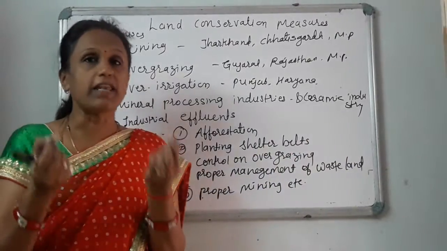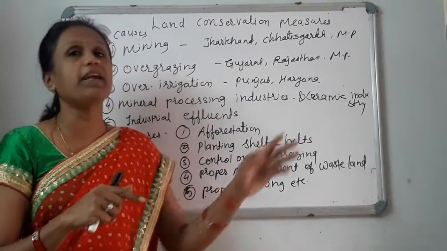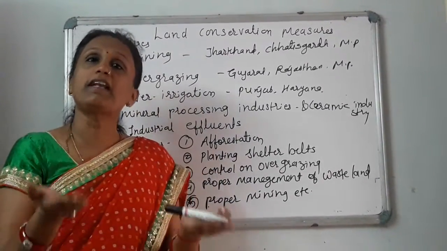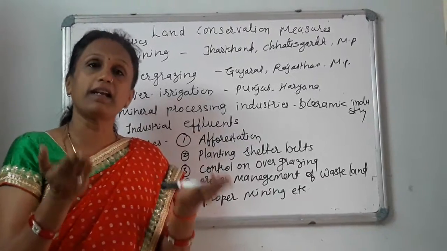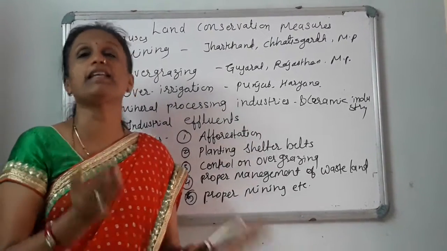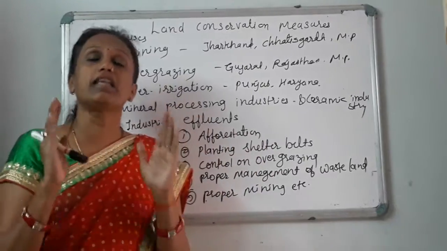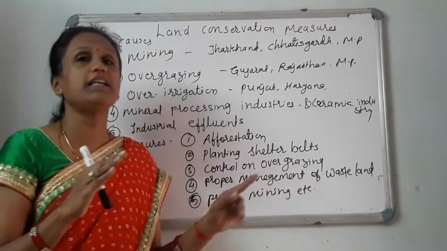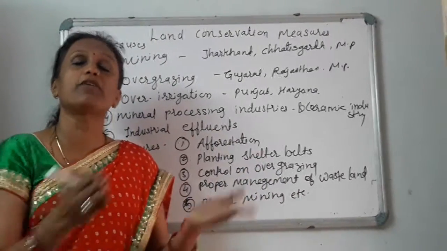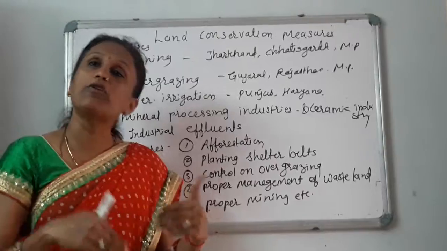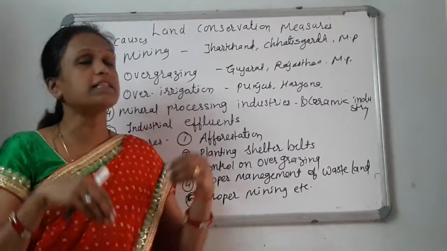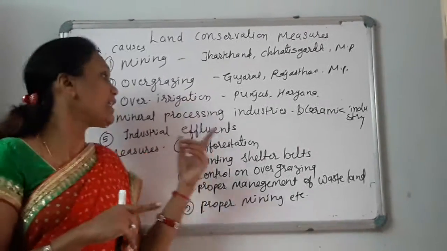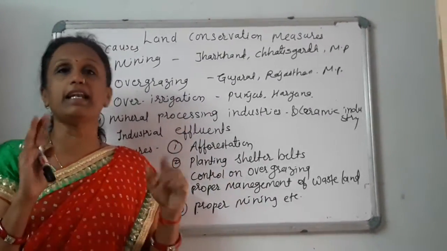When those fine particles of the cement and ceramic industries settle on the ground, they retard infiltration of water. Infiltration of water मतलब पानी को नीचे फिल्टर नहीं होने देते, and as a result that land becomes arid, वो ड्राई होती जाती है. Now, industrial effluent. Some industrialists release those effluents on land without processing. उनको बिना प्रोसेस किए जमीन पर छोड़ दिया जाता है, and as a result the chemicals present in these industrial effluents degrade the land.